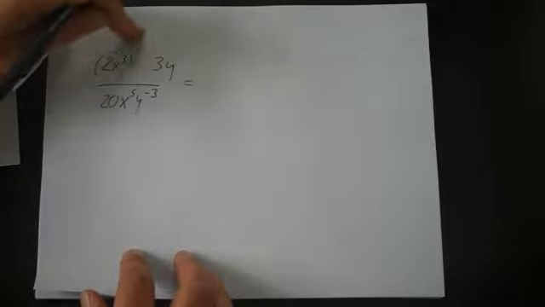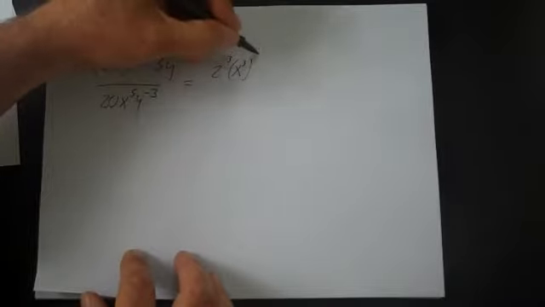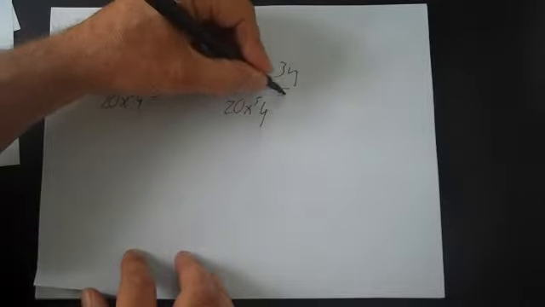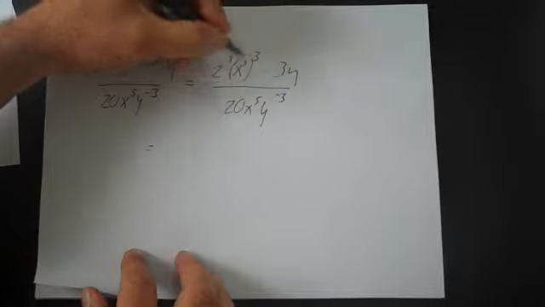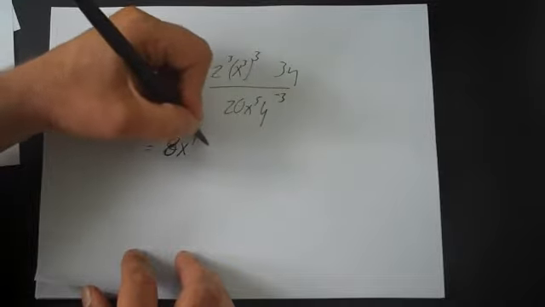Let's look at one more example. Let's do 2x to the third times 3y over 20x to the 5th y to the minus 3. Let's first simplify this, right? That's 2 to the third, x cubed to the third. If you do that in your head, that's fine. Times 3y over 20x to the fifth y to the minus 3. That's x to the 9th, and 2 to the third is 8. That's 8x to the 9th times 3y,